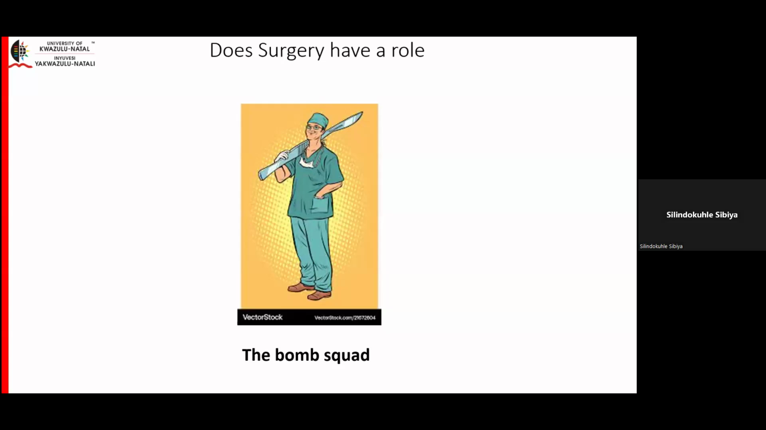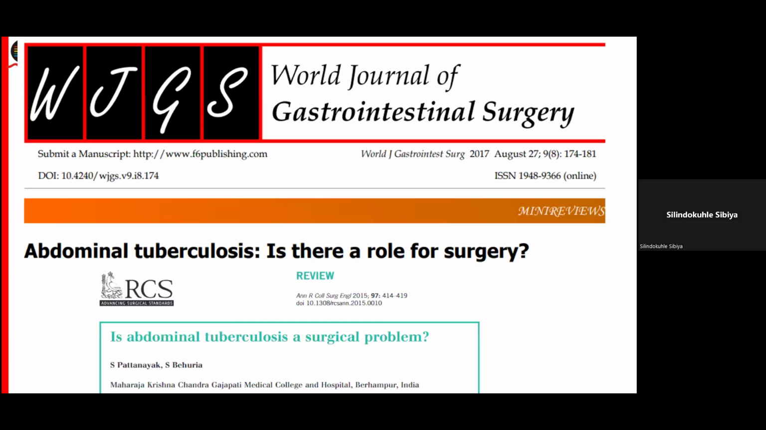Can the surgeons come off the bench like the bomb squad and do something in this dilemma of diagnosing TB, TB versus Crohn's or TB mimicking other conditions? So in this article from the World Journal of Gastrointestinal Surgery, from the Royal College of Surgeons in England, they tried to look at what is the role of the surgeon